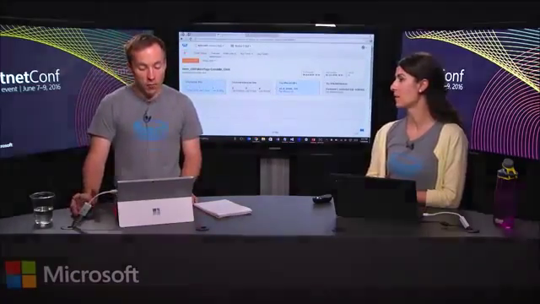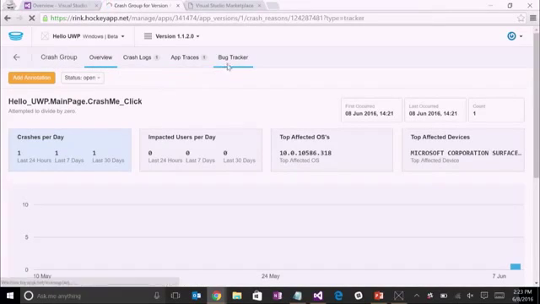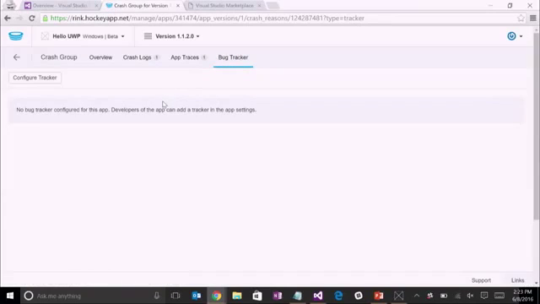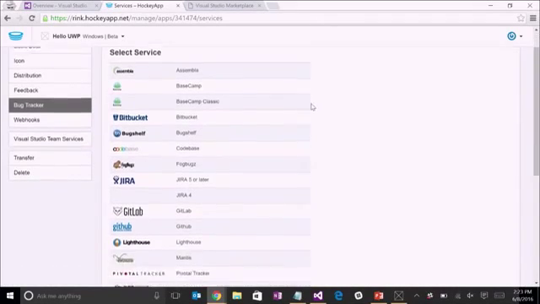Absolutely. So first off, within the crash group and the crash itself, we have this status button that you can see here. If you don't use any other system, you could actually track status from within HockeyApp itself. But that's, I'd say, atypical, and a lot of teams use some other system. In order to configure that, you can configure a bug tracker within HockeyApp to connect up your crashes to that system. I go to the bug tracker tab, I see that there isn't anything there yet, but I can hit configure tracker,